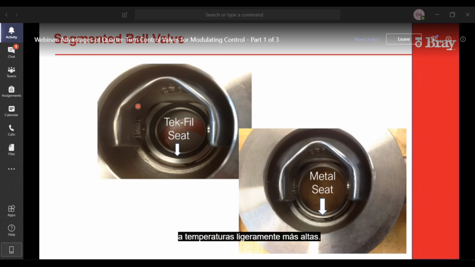What's interesting on the segmented ball is that there is no internal cavity like on a regular ball valve, which normally has two seats and then traps the media in the middle. In this case, the segment just turns and closes the opening of the seat, and then there's nothing in between. So it's the best of both worlds between a ball valve and a butterfly valve.